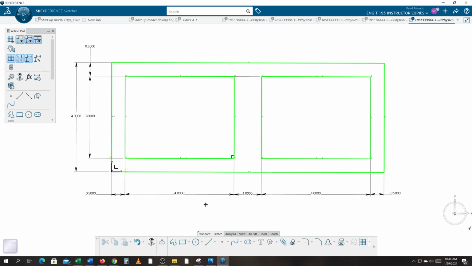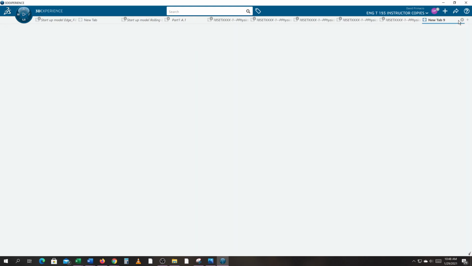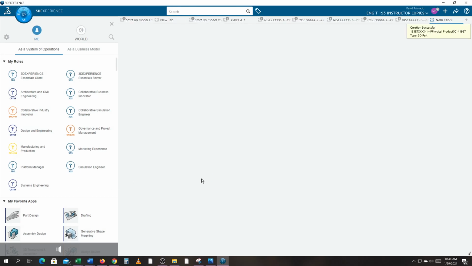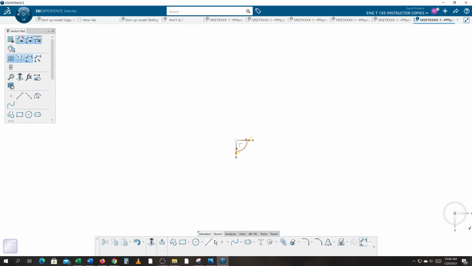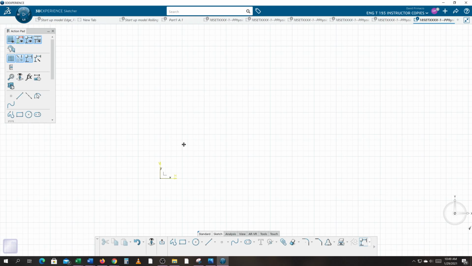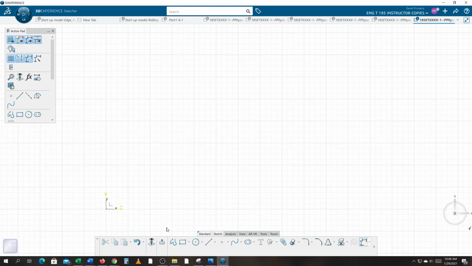Okay, so I'll demo how I did that just real quickly, and then we can move on to making the solid. We'll make a part, and in that part we'll go into the sketch on the XY plane. I always like to get the normal view. That's ironic, it went horizontal this time. That's great. So that's fine. I'm going to go ahead and turn on my grid to make it helpful for me to see, and I'm going to